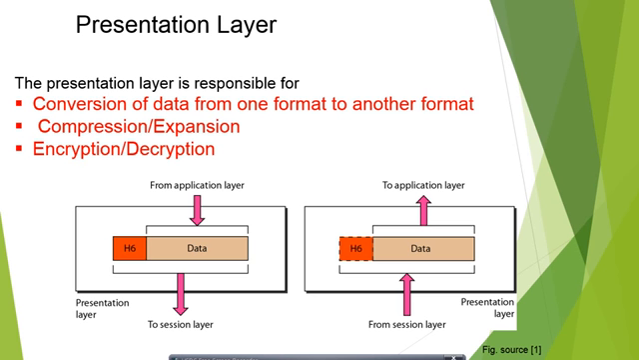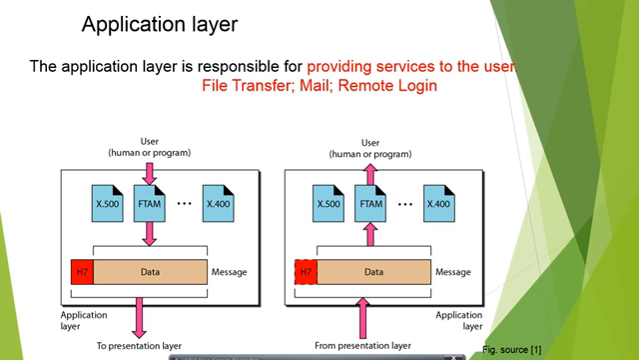Now encryption and decryption. The presentation layer at the sender side transforms the original information to some other form using encryption methods to ensure the privacy of the data, and this data will be transported to the medium. Finally, the presentation layer at the receiver side will decrypt the data to make the original data set